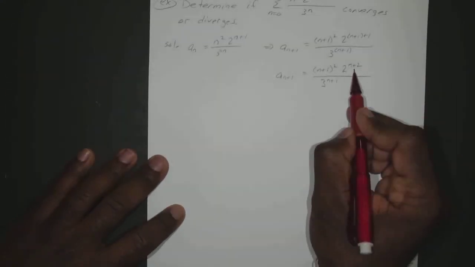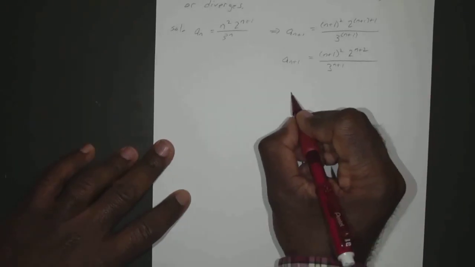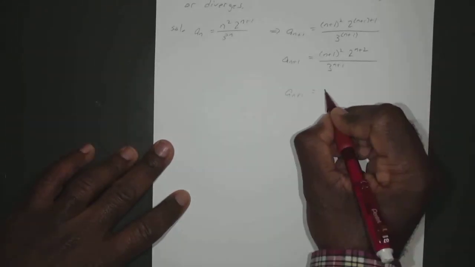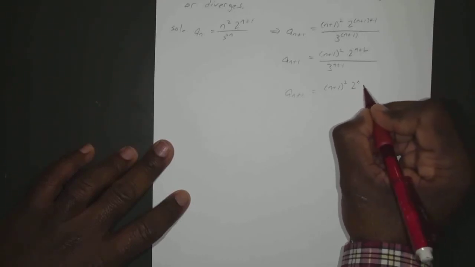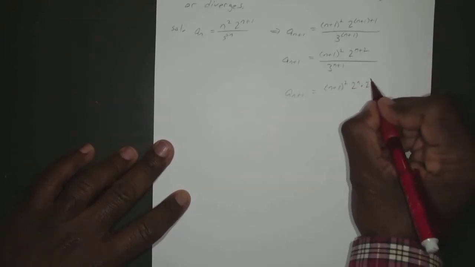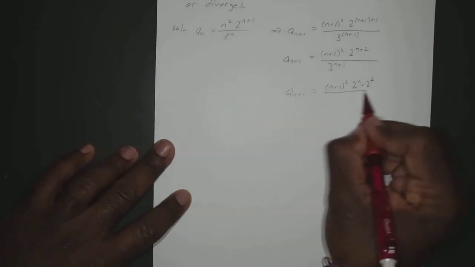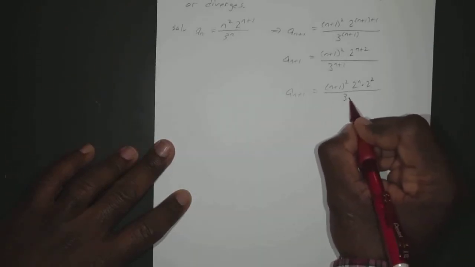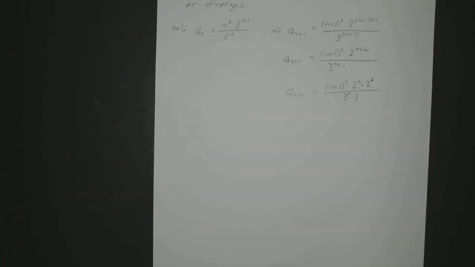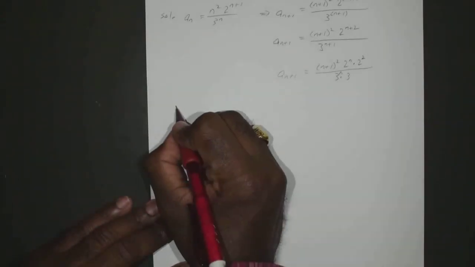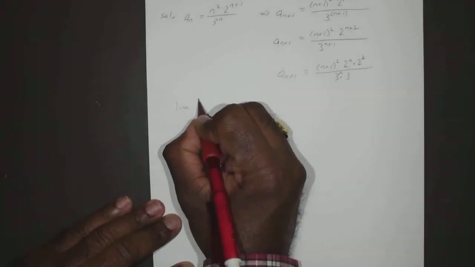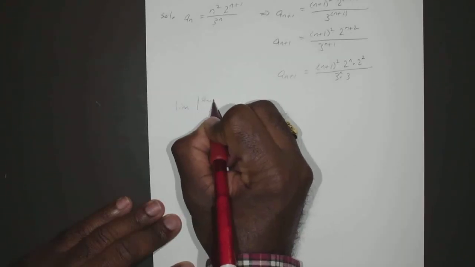Okay, just like before, we can always change that. So you have n plus 1 squared times 2 to the n times 2 squared over 3 to the n times 3. Okay, so we have our a sub n and our a sub n plus 1. Okay, so now we have the limit, the absolute value of a sub n